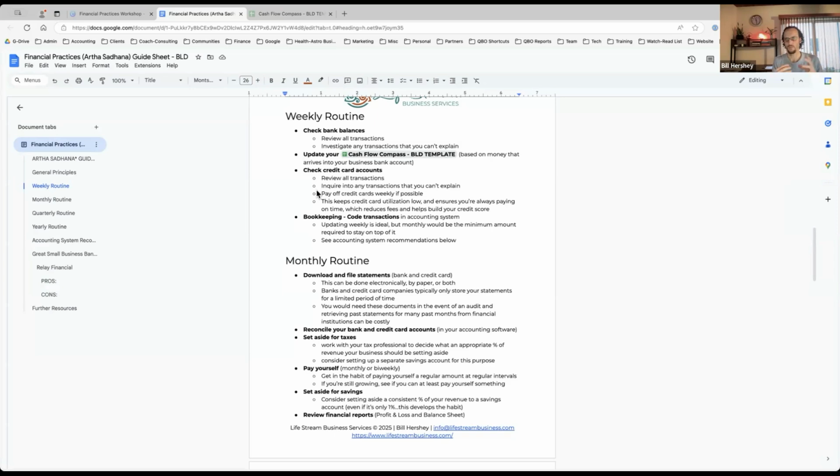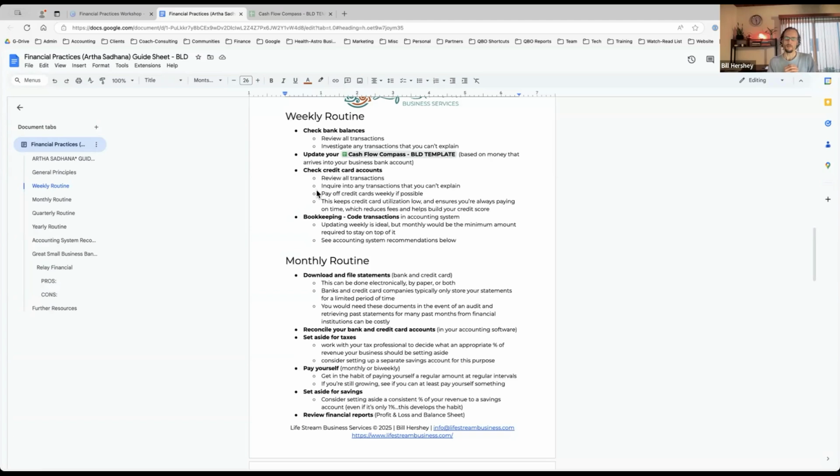Now, if you're running up a 0% APR credit card and using that to finance something, okay, that's a different situation. And I don't want to get into the weeds of that right now. I do have an article on that, by the way, and that's a very effective strategy for financing your business if you do it right, if you have a strategy, if you're managing your credit cards effectively, and if you effectively grow your business to then pay off the debt after 12, 15, or 18 months, or however long you have the 0% intro period for.